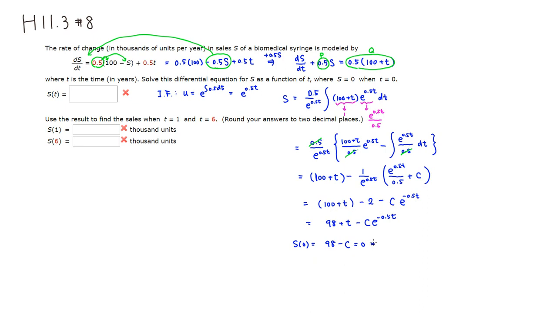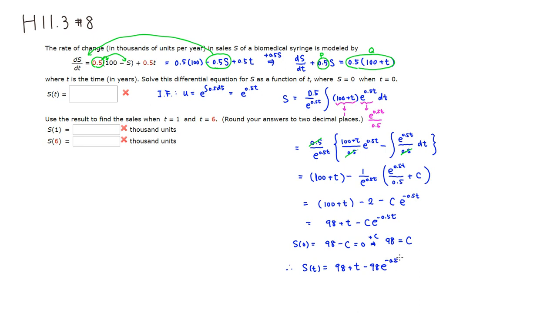Adding c, 98 is the c value. So therefore s of t is equal to 98 plus t minus 98 e to the